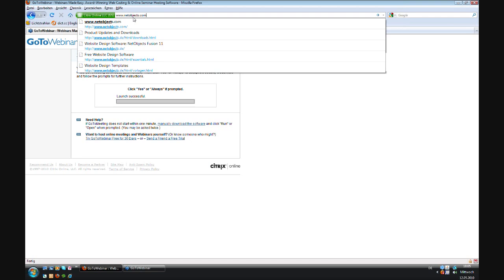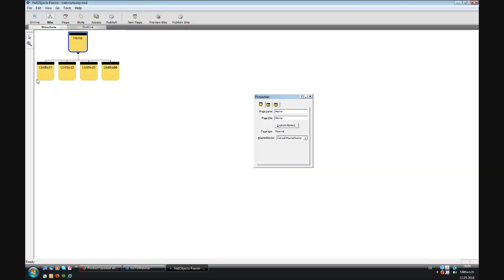So we click on blank site. We have to name it, so we say webinar today. And then we come here to the structure. The structure you can see here is like a tree, so you can just add new pages on one level, and then when you click on another you can add more. You have to rename it, so we'll take a forum, we'll take legal notice,